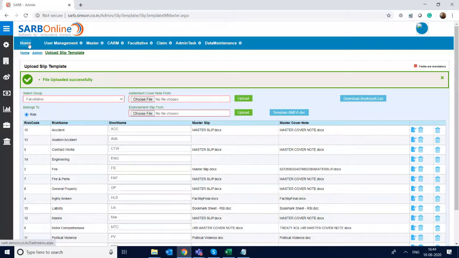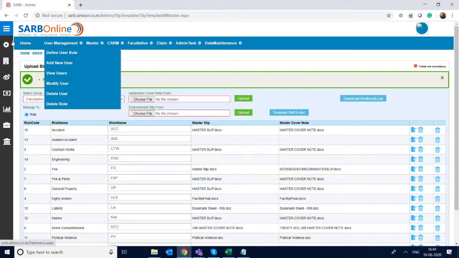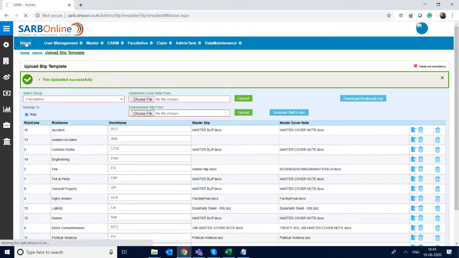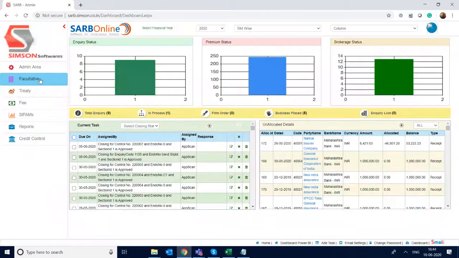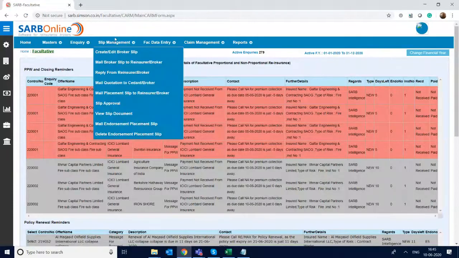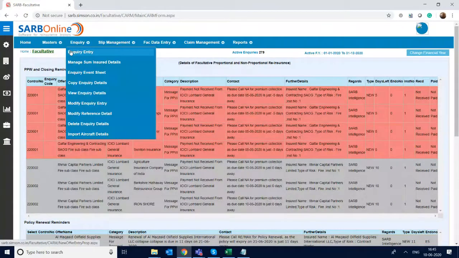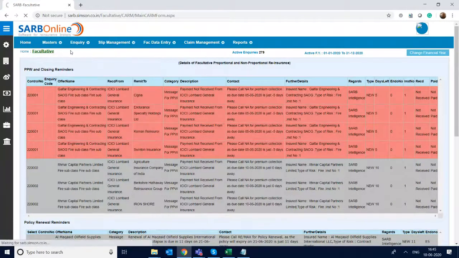So now I'll create a facultative inquiry, where we can use this slip template. So I do a new inquiry entry.